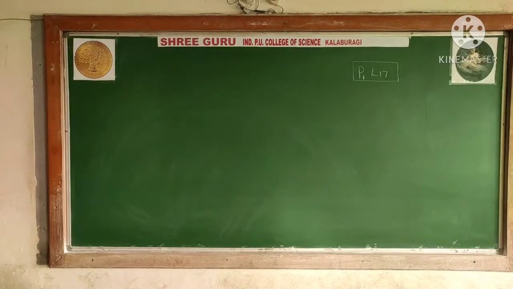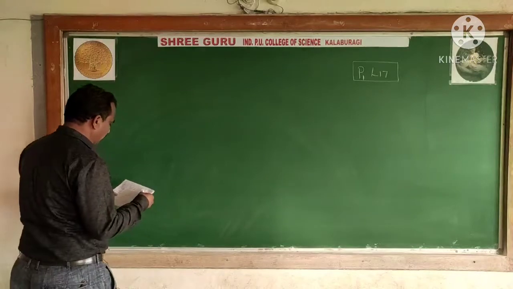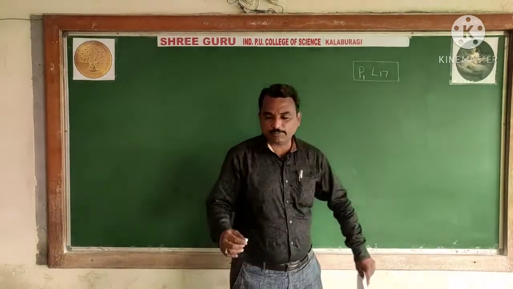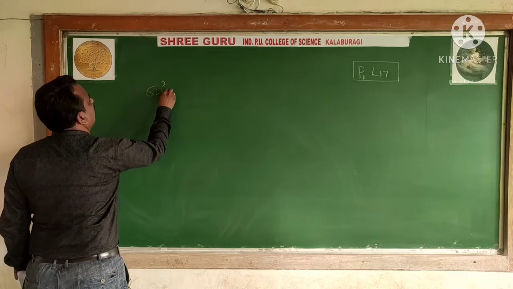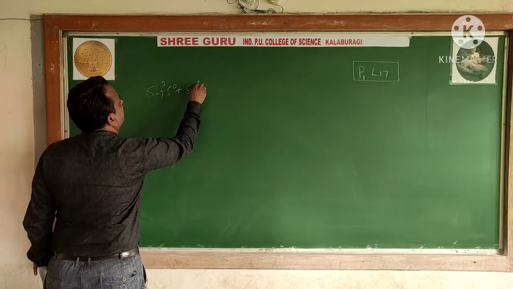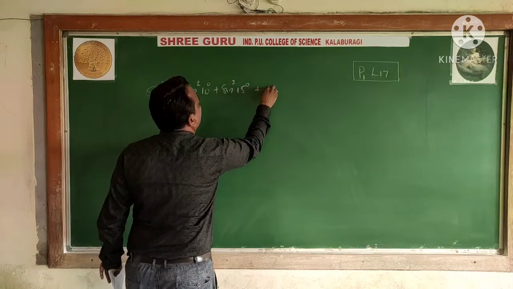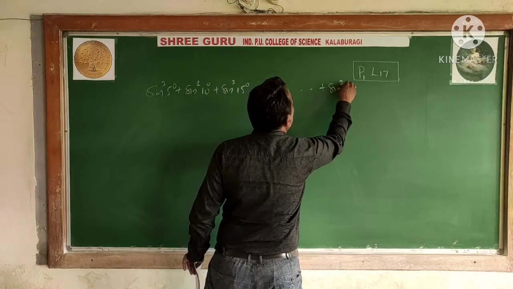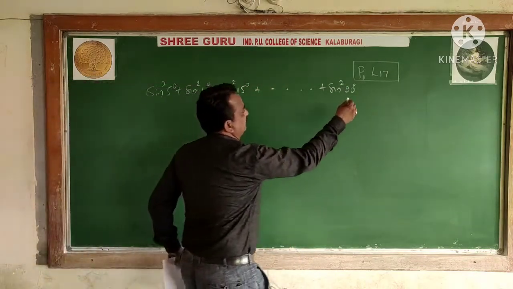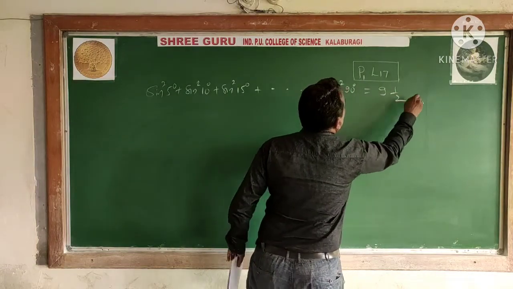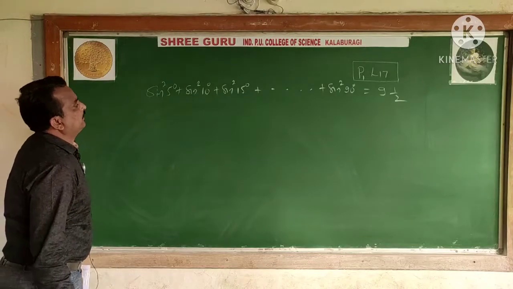Now see the students, let us see some more examples today also. We discussed a very interesting question in the previous class. I repeat that question here: sin square 5 degree, in the last class we discussed sin square 10 degree, sin square of 15 degree, plus so on, up to sin square of 90 degree. What answer did we get? 9 1/2. Now see how you get that 9 1/2.